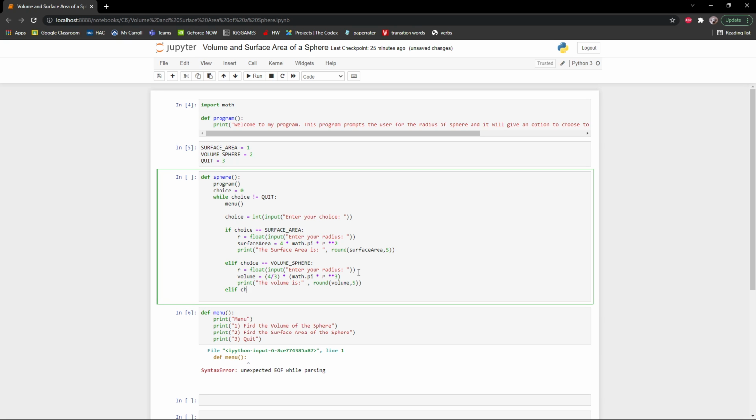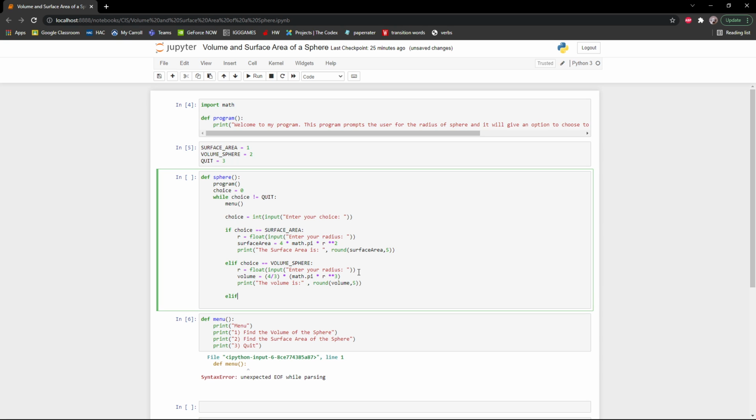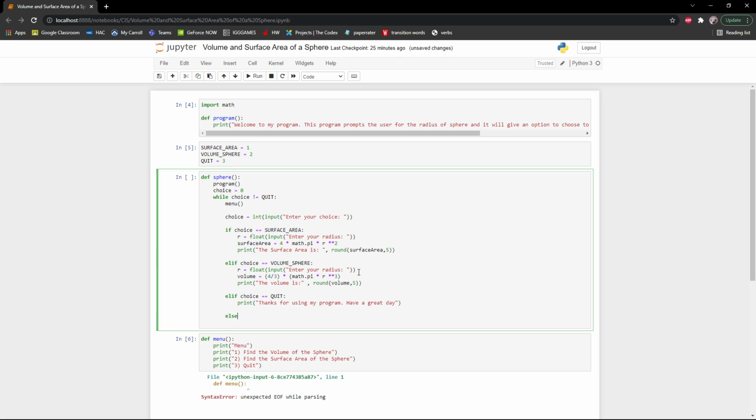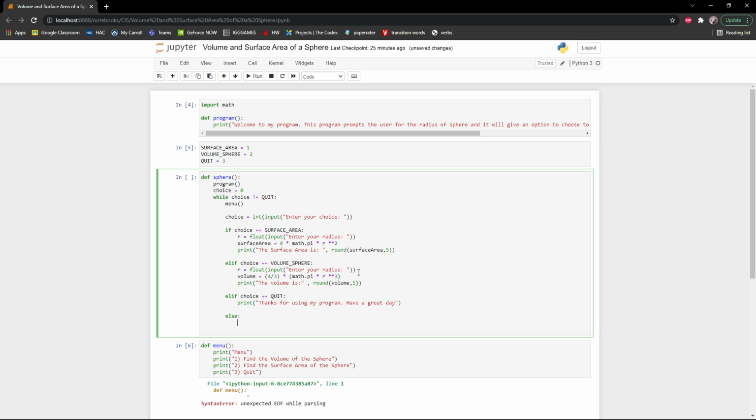And now elif choice. Now we have one more choice, which is quit. There you guys are catching on. So if our choice equals quit, if the user chooses quit as their option, we're gonna print a simple thanks for using my program. Have a great day. So just basically, thank you for using my program. Great. And else, we're just gonna do this to be safe. Print